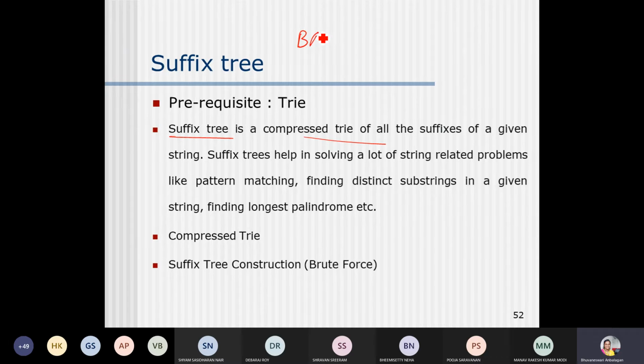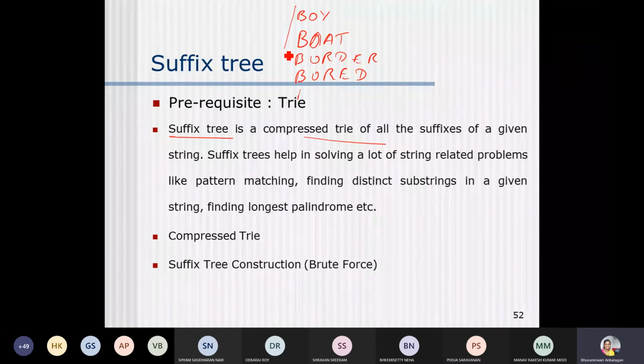For example, boat, border, boy, and board, and some terms like this. I have some terms which have some similarity, this and this having some similarity, this and this having some similarity.